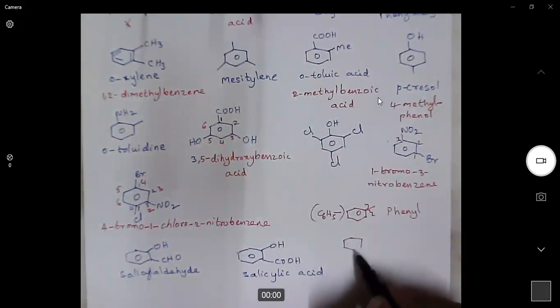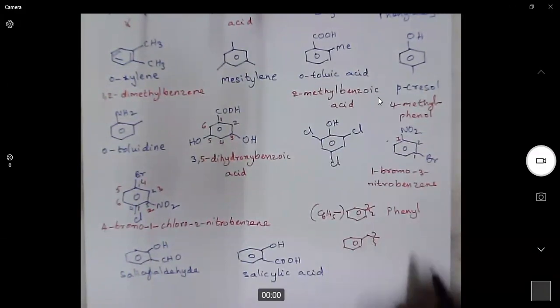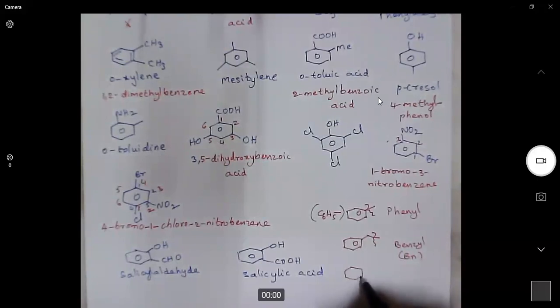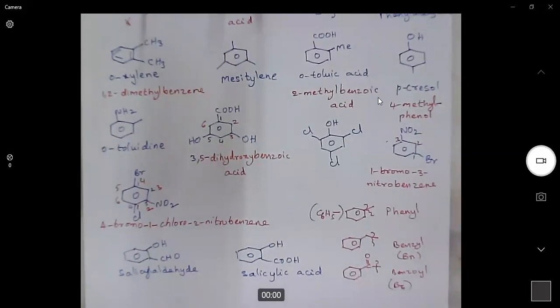When we have another carbon on the benzene, which is a substituent, then it is called a benzyl group. The benzyl group shortcut is Bn. When we have a ketone on the next carbon, and it is a substituent, this is called a benzoyl substituent. This is benzyl. This is benzoyl. The benzoyl shortcut is Bz. The benzyl shortcut is Bn.